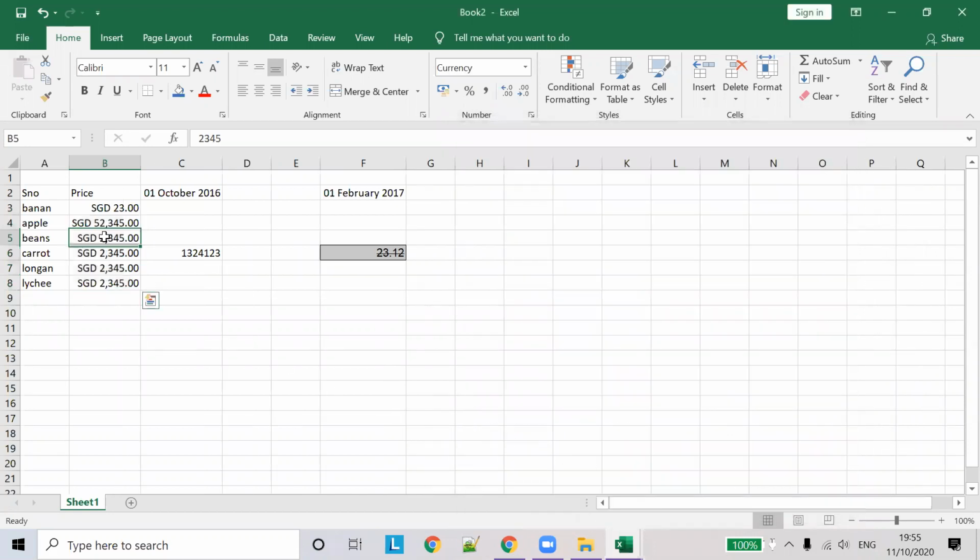Click OK. It will display Singapore dollars, $23. This is a display format, but the actual data will be 23 only. We can format the cells to display with appended text; the actual data won't be different, but the way it displays will be different. This is what we call formatting.